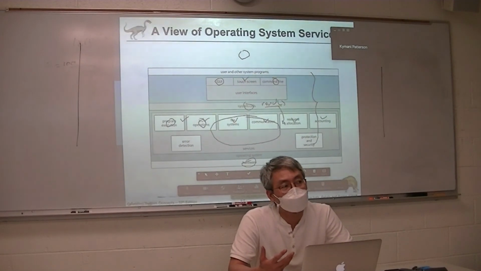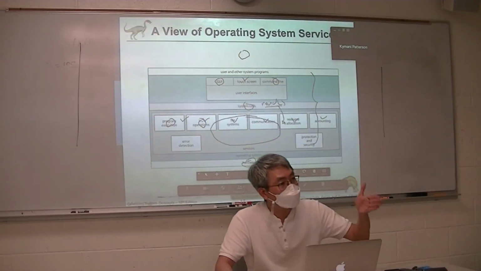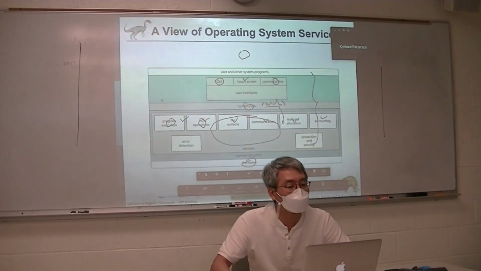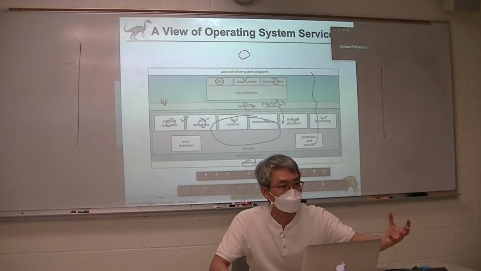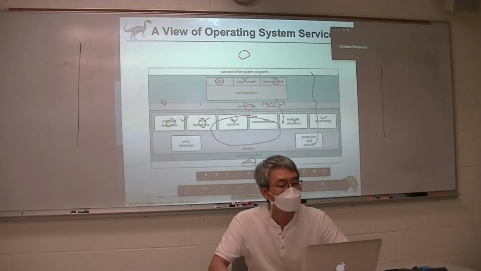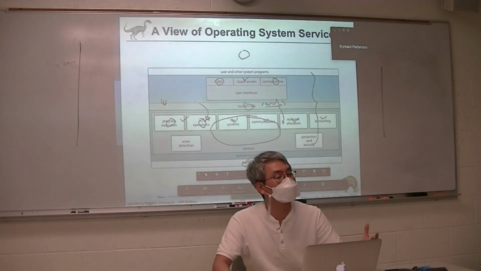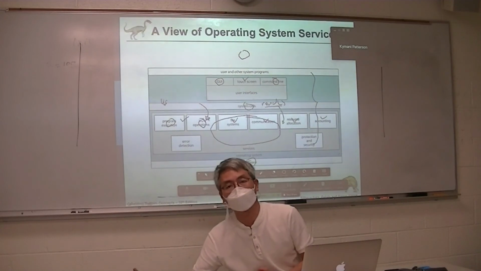Because of that, we learned about the dual mode operating system. If you are running your own application code, that's running in user mode. But once you call a system library, like read or write, your operating system mode is changed to kernel mode. Then your operating system is in charge of running such a system library.